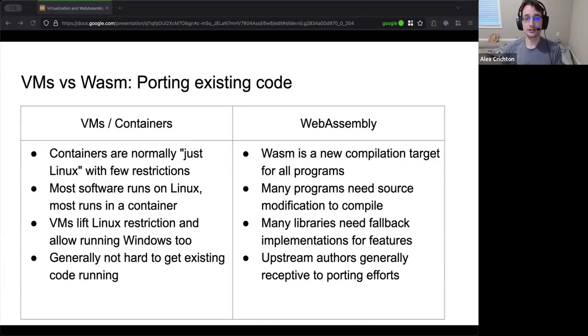The good news, however, is that with WebAssembly being a standard target, a lot of upstream authors are very receptive to PRs. If you want to implement WebAssembly support, it's very rarely met with, oh, I don't even care about this, I would like to reject this feature. It's more of, oh, thank you, I would love to integrate this, let's talk more about design, all that fun stuff. So that's at least a good side of things, but something to be aware of in terms of moving to WebAssembly: it will involve porting code.